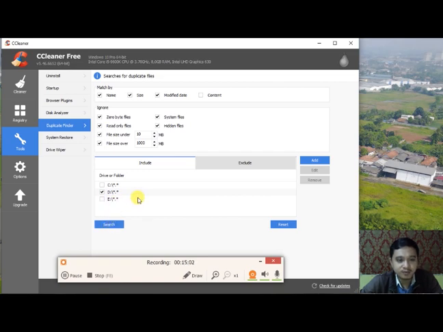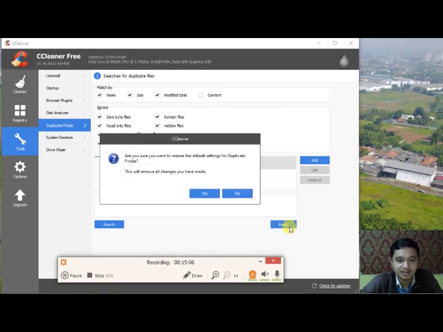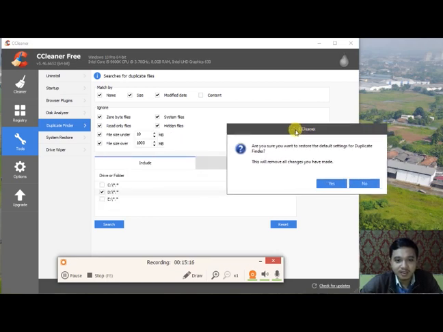Or if you want to reset your options, you can click reset. Are you sure you want to restore the default settings for Duplicate Finder? This will remove all changes you have made. So what we checked or filled in this form before will be reset to the default settings if you click reset.